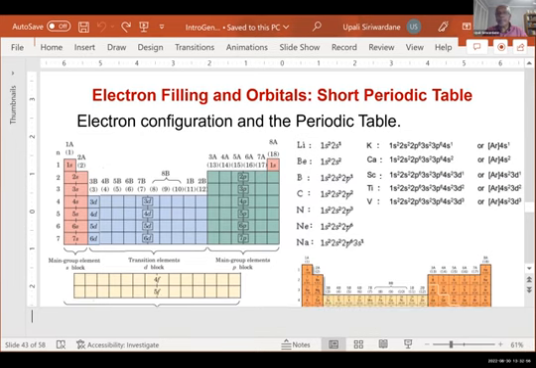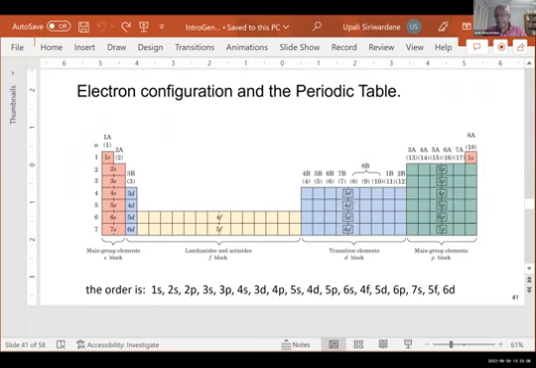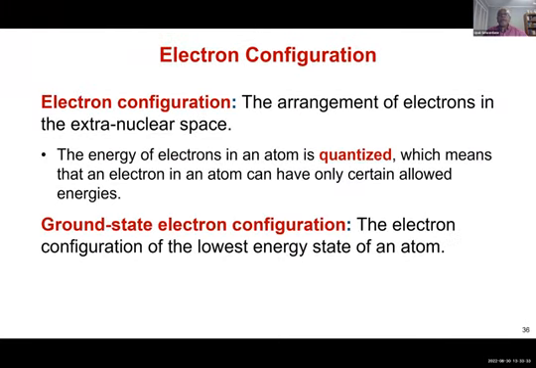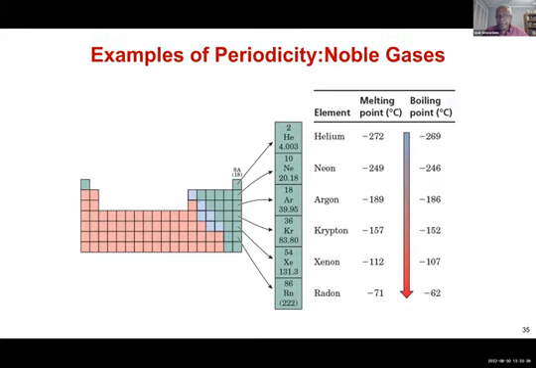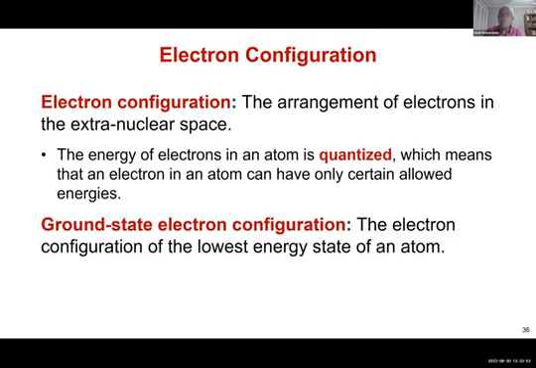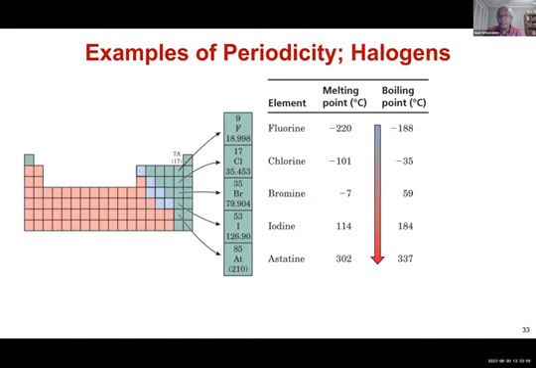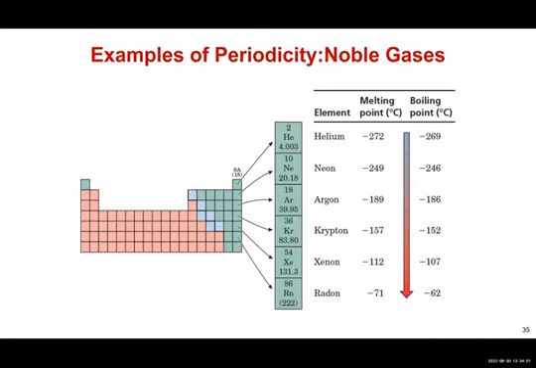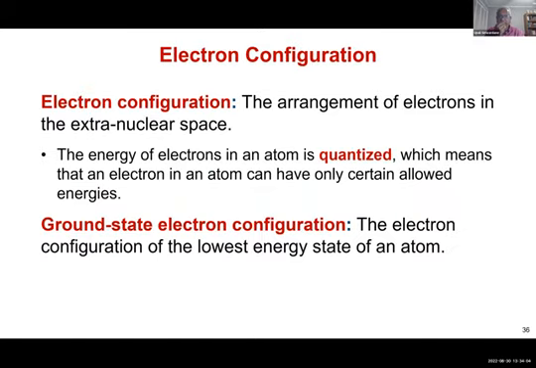Okay. I think I covered some of the periodic properties, melting point and boiling point for halogens, the alkali metals, and the noble gases last time. Those are the ones we covered. So today we're going to look at more details of